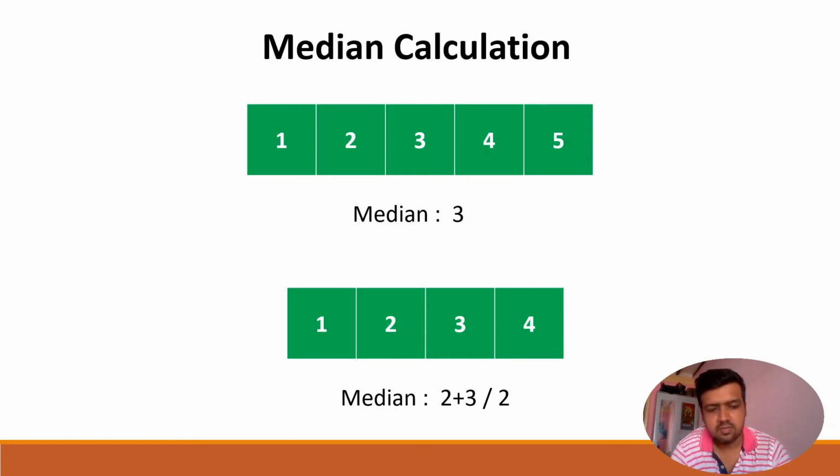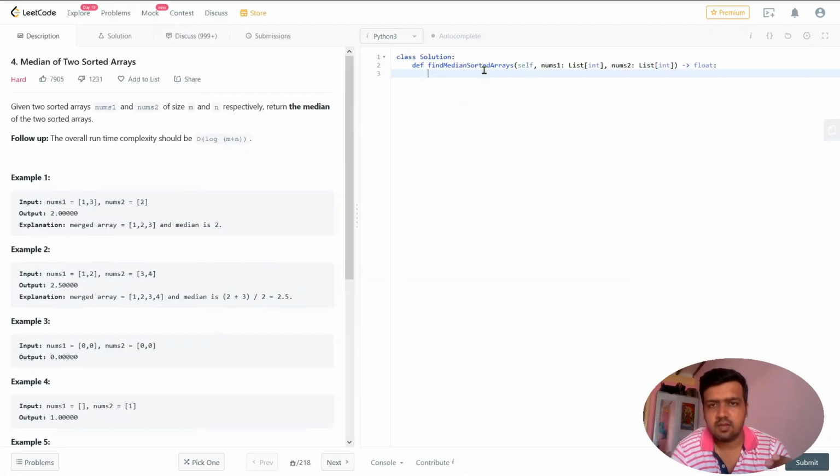How we can reduce it: if we have to find the median, we don't have to merge the arrays fully. We don't want to go till the last element or the highest element present in both arrays, because we are considering only the median element. As soon as we reach the center, or half the number of elements, we will stop the iteration. That will actually reduce the time complexity. How exactly we do it, I will show you in the code.